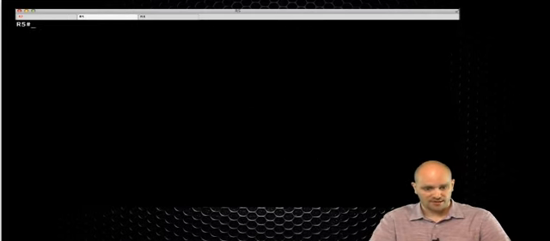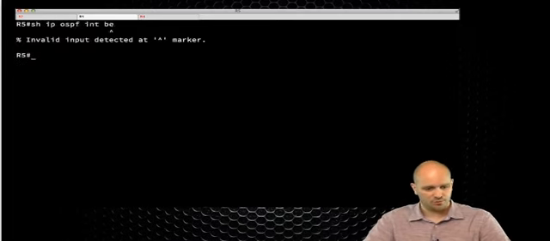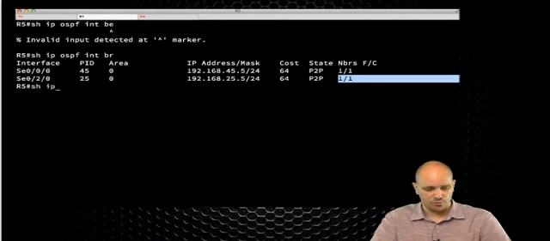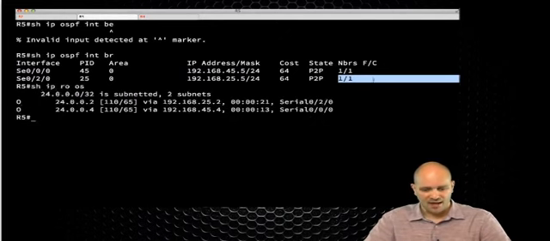So now I can see that both of these processes have loaded. So show IP OSPF interface brief. I just want to see that I do actually have neighbors, so I can see that different processes are running on these two interfaces, and I can see that I have adjacent neighbors. So if I do show IP route OSPF, I will see,